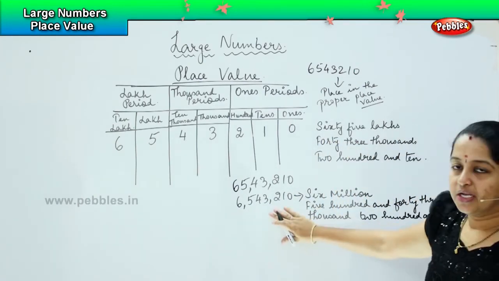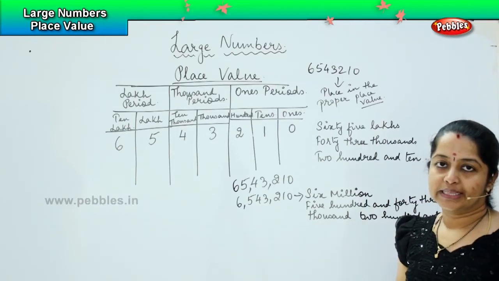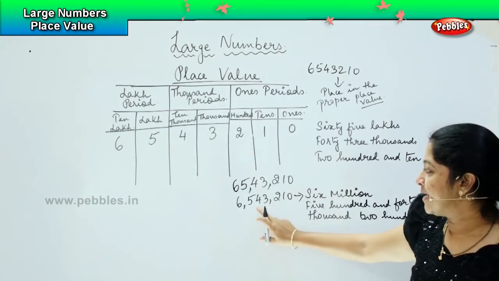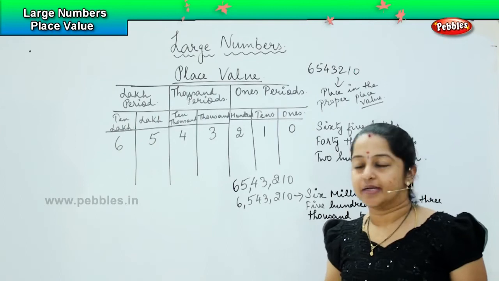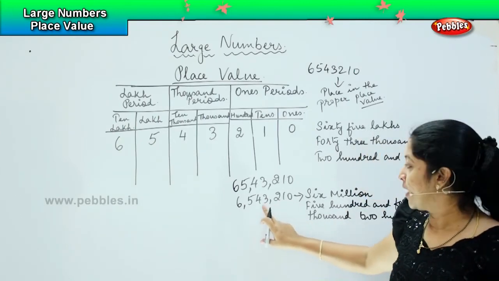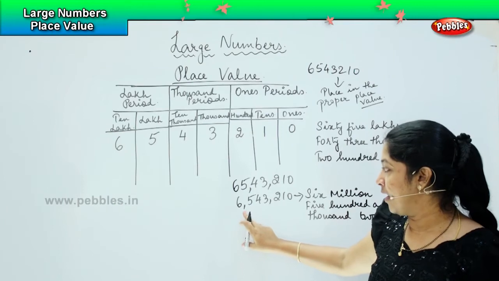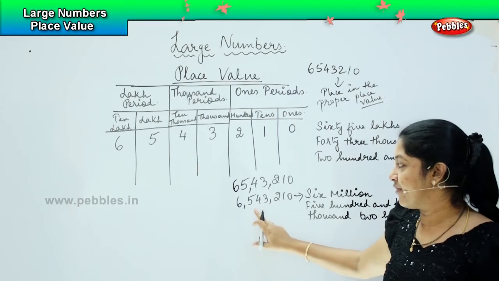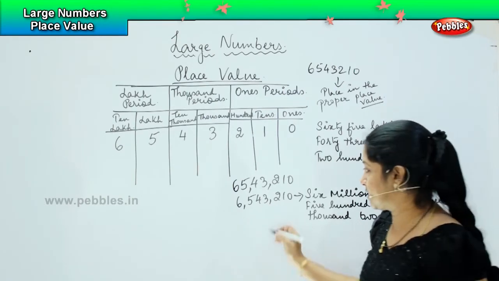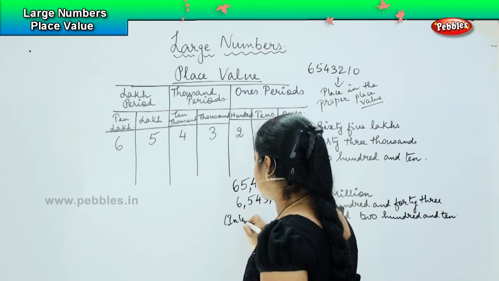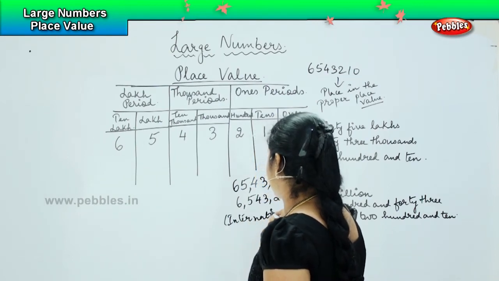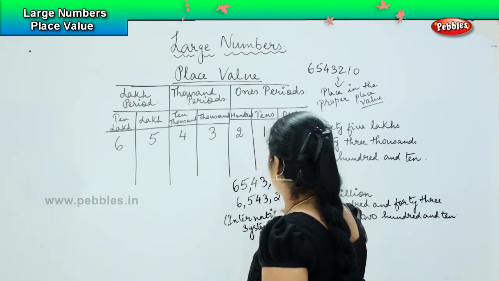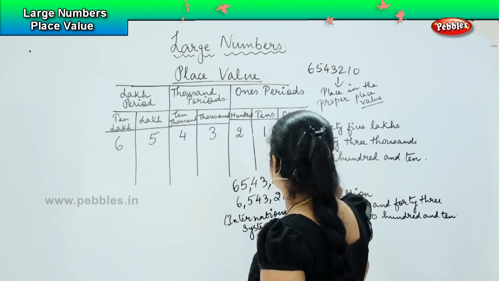Okay. The place value will change after the 10,000 position. Got it? So in international system, commas will come after every 3-digit period. That is ones, tens, hundreds, comma, 1,000, 10,000, 100,000, comma, then million, 10 million, 100 million. So after every 3 digits, you will have a comma as separation in international system. So this is my international system, whereas the first one is my Indian system.